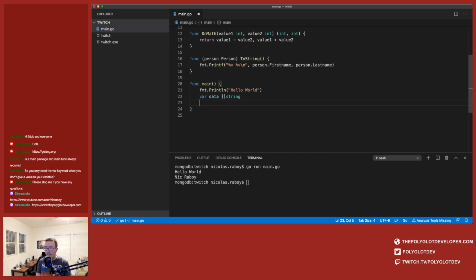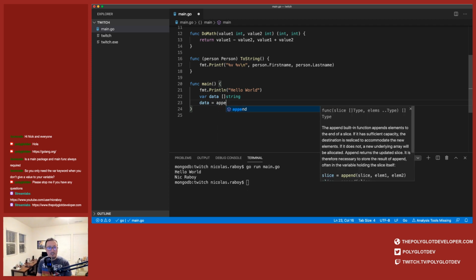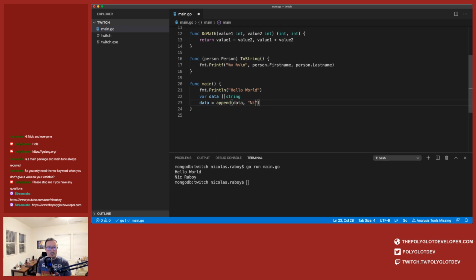We're going to say data equals append, and then data equals append. And we're just going to do a loop. So let's loop through that data.